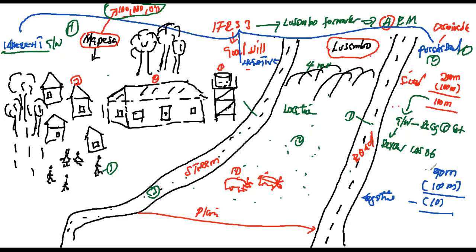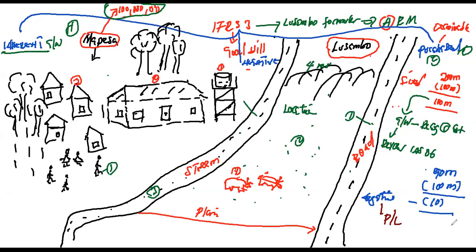This one, the asset's true value, how much? Asset's true value 100, but Mapesa PLC sells to Lusambo PLC at 90. That means there is a reduction in goodwill. There is a negative goodwill. And for negative goodwill, the accounting treatment is that it should be recognized immediately in profit or loss. However,